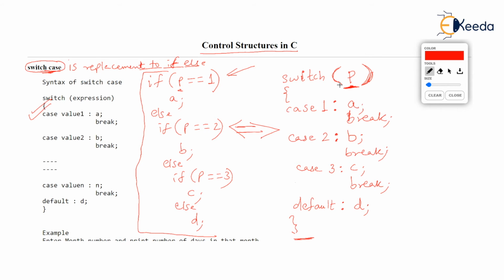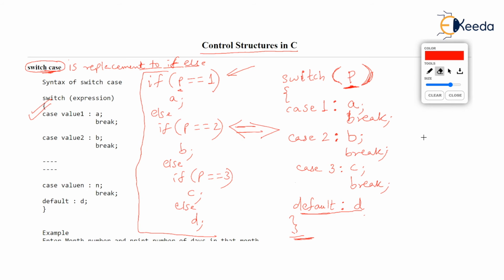Now, in the case of switch, imagine p is 4, then case 1 is false. So A doesn't run. Case 2 is false. So B doesn't run. Case 3 is false. So C doesn't run. Then ultimately the control reaches default. And if default runs, then D runs, isn't it? And after D runs, obviously the next line is the end of switch. So that is why there is no need of giving break after D. It will be very silly to give break after D. Because anyway, if default runs, it is the last statement. So the control will automatically come down, isn't it? So what's the sense in giving break after the default?